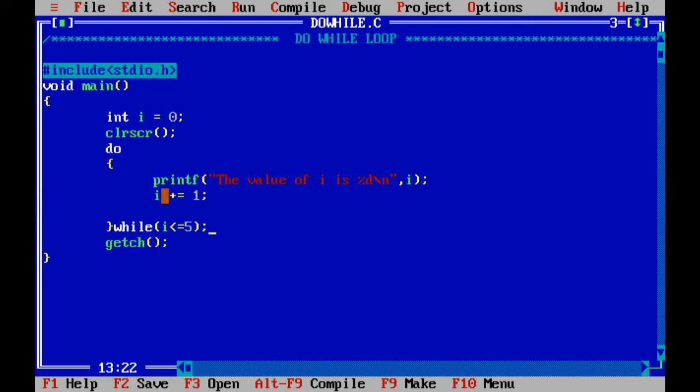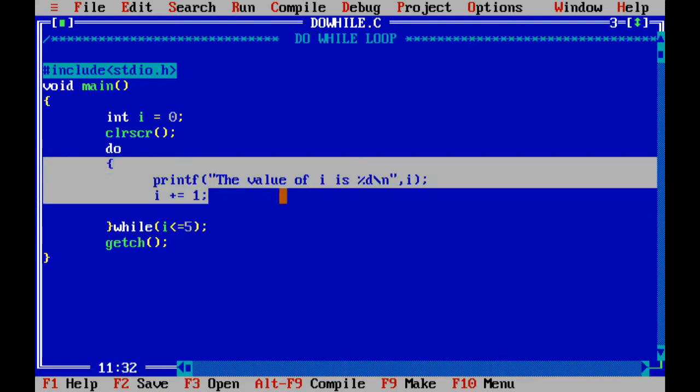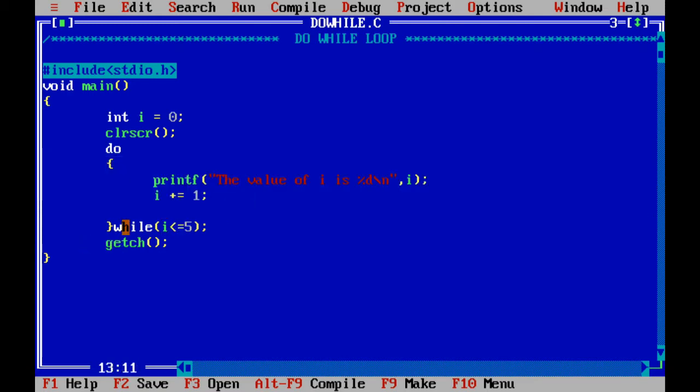In this do while loop I have given a printf which is printing the value of I, and I am incrementing the value of I in the next line, and I am checking the condition if I is less than 5. So what happens is, first the compiler will execute the statements, whether the value is less than 5 or greater than 5. The first time it will get executed and then it will check for the condition. It keeps on looping until this condition becomes false, and then it will come out of the loop and get changed so that we can see the output, and we have closed the braces of main.